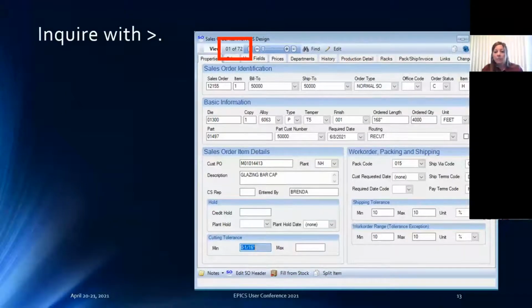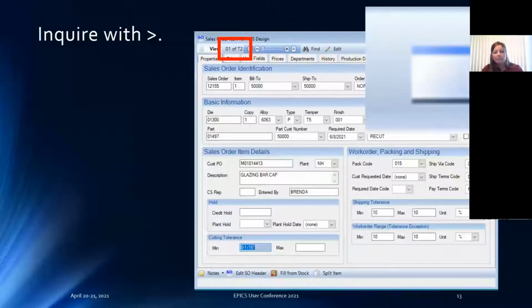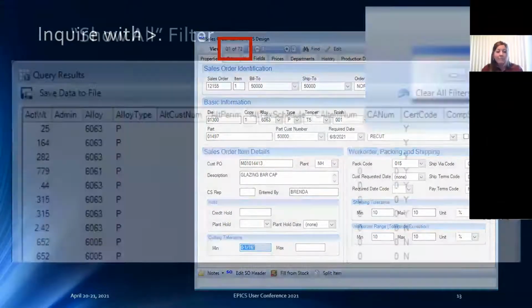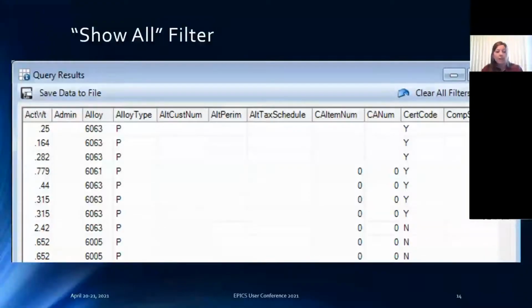So if you look all the way to the top right of your screen, if you've ever noticed the little white box, that is the show all button, is what I call it. And if you click the show all button, EPICS will actually return your values to a grid, and you can see all of the data on one screen. If you needed to save the data to a file, you could,